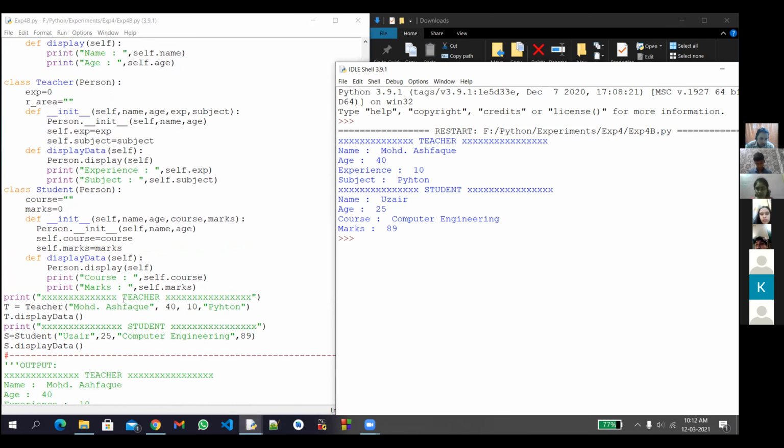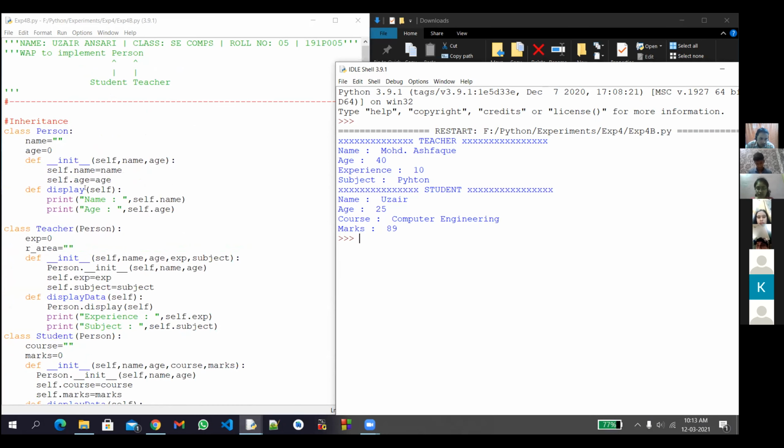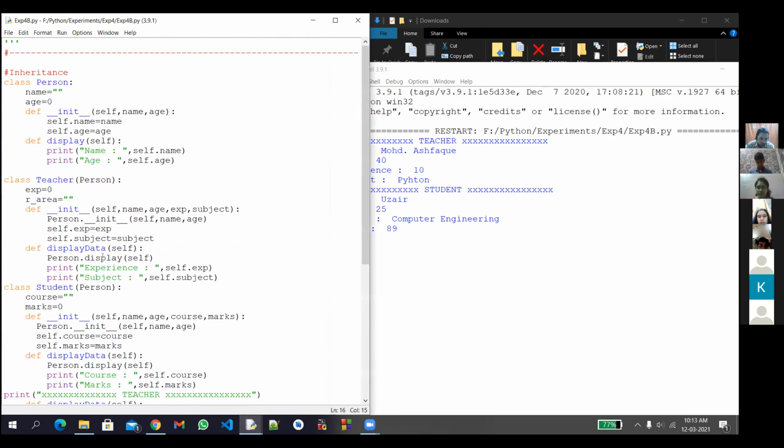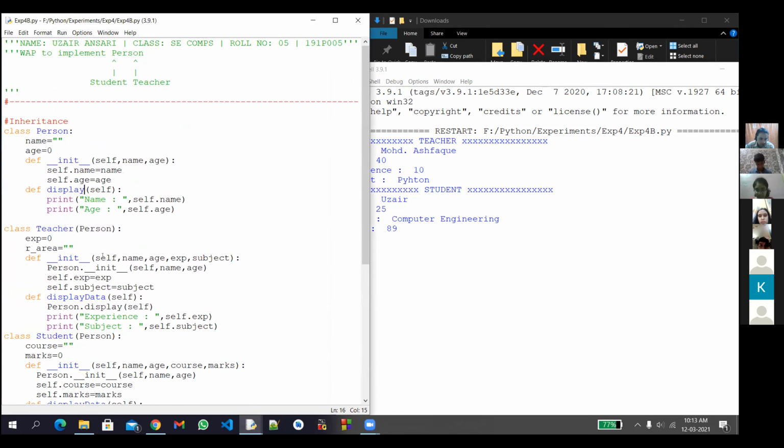Can you please repeat? This one. Okay. Likewise, the other method name is display data, right? Yes, sir. Make it also display data and see to it you are getting the output or you need to make some changes. Okay, sir, I will check.